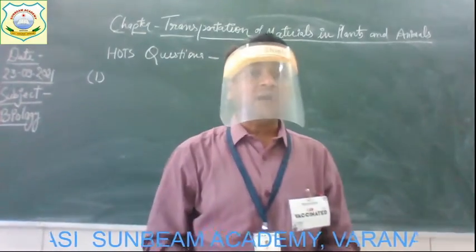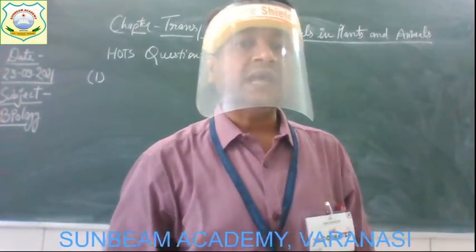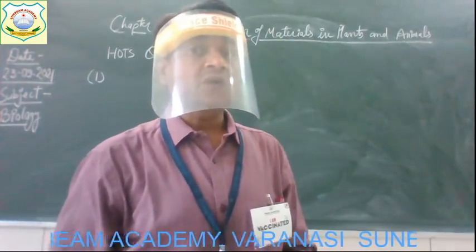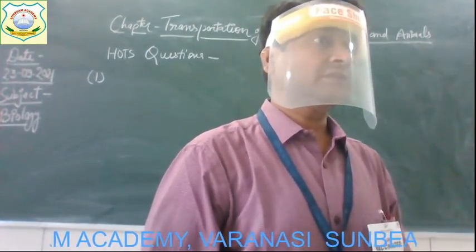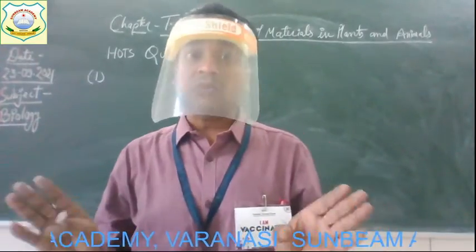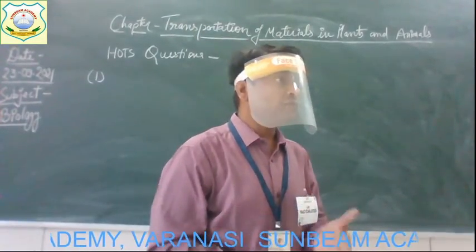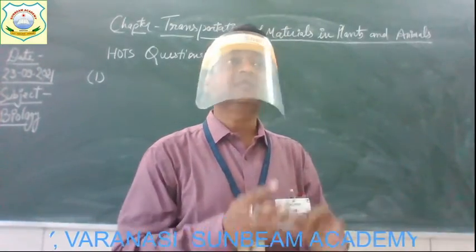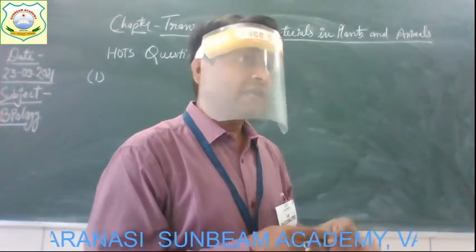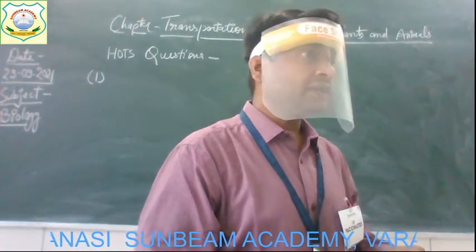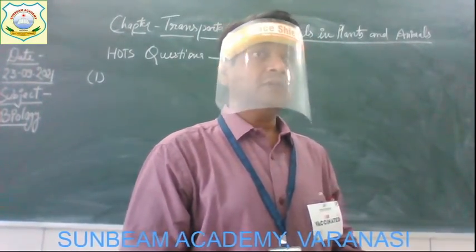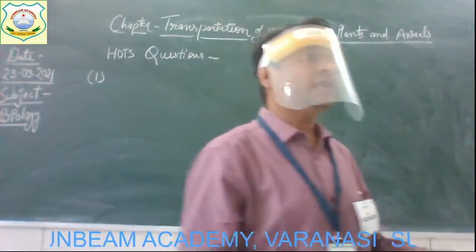And question number one is, why is the color of blood red, though it has constituents of different colors? Think about the question first, children. As you know, blood is a mixture of different cells: red blood cells, white blood cells, platelets, plasma. So why does it look only red? Why does it not look colorless or white?